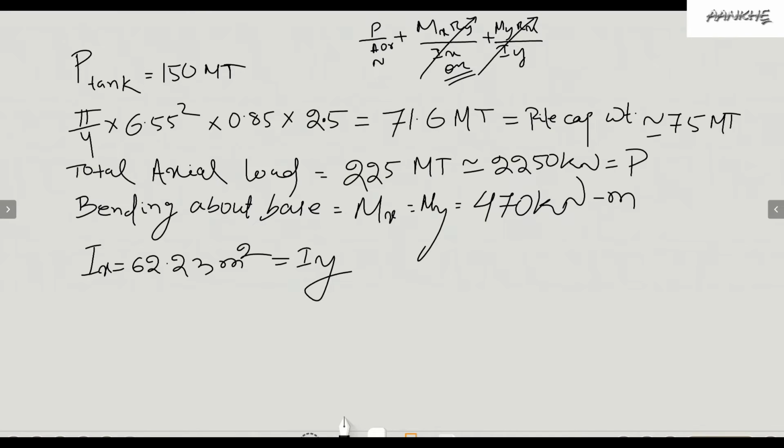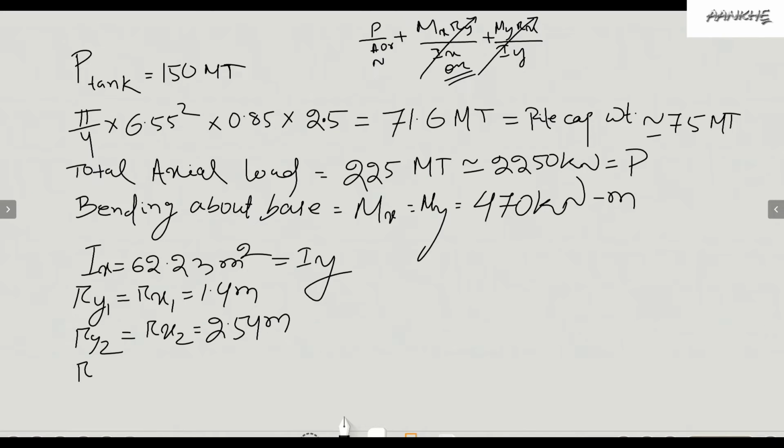So what is your Ry or Ry1 is equal to your Rx1 is equal to 1.4 meter. Similarly, your Ry2 is equal to Rx2 is equal to 2.54 meter, and Ry3 is equal to Rx3 is equal to 2.9 meter,